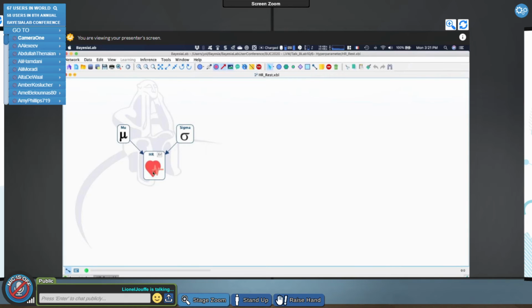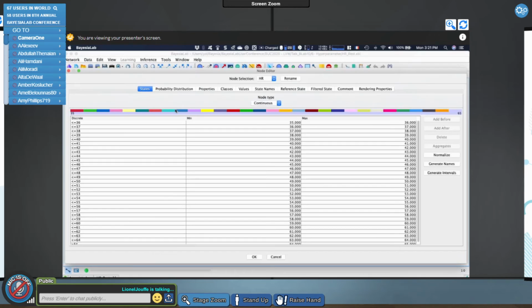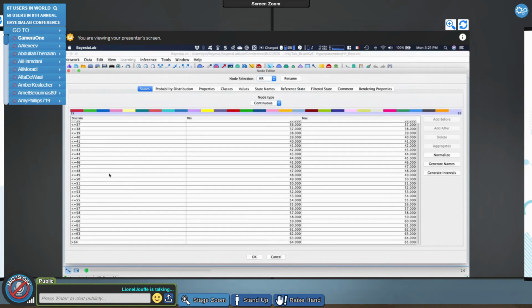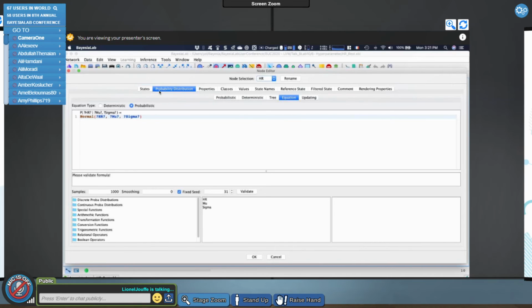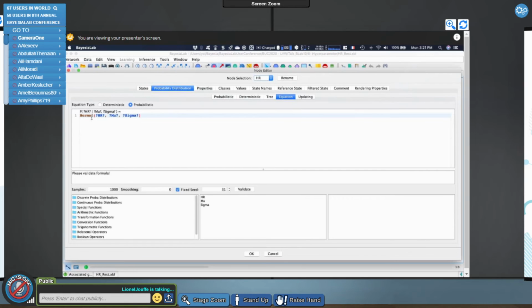Right? If I double click on this node, I can see the states from 36 beats per minute to 64 or 65. Then I have the Pareto distribution here, and I had just assumed that my heart rate follows a normal distribution with a mean equal to mu and a standard deviation equal to sigma, right?